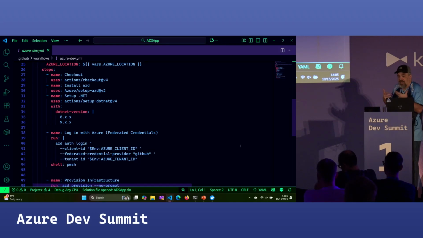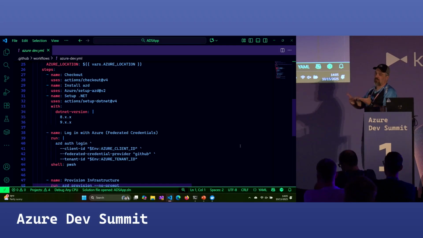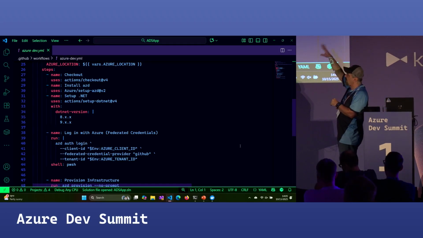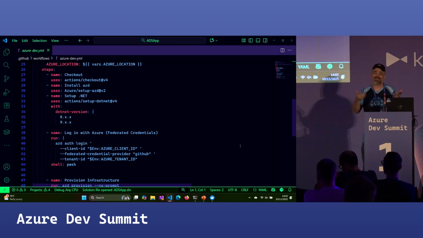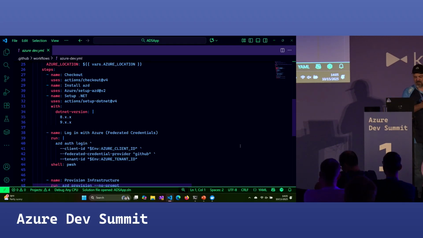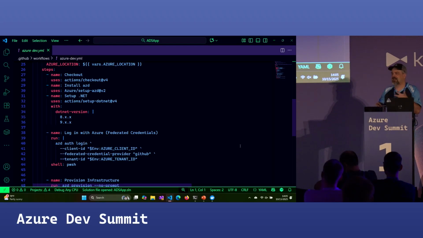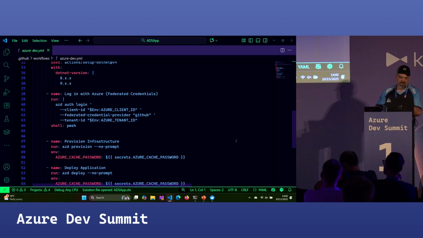And then the typical things that we do as developers when we're integrating our applications, right? Check out my code, install AZD, but set up .NET, make sure I have the right .NET version for me, 8 and 9. You may want to add 10. When 10 comes out, the template will be updated there so that 10 is available as well. But then the pieces that I'm not familiar with. I'm a developer. I don't spend time configuring Azure that much. So these pieces, log in with Azure federated credentials,